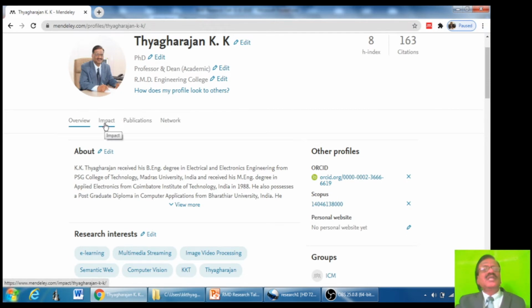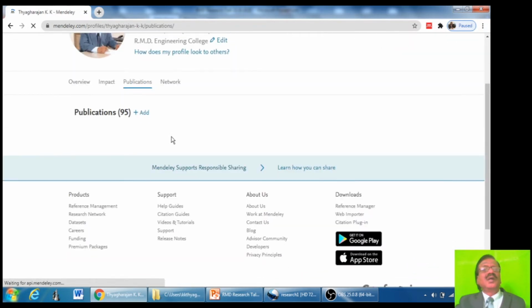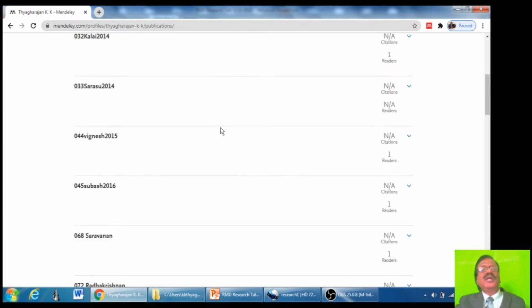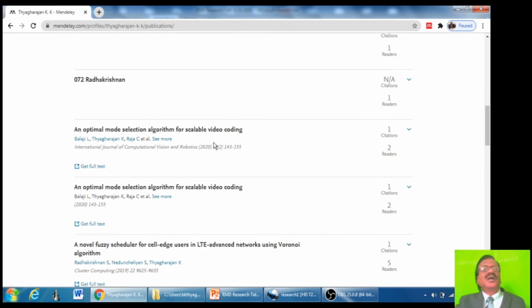The next one is publication. Under this title, you will be able to see all your publications. Actually, this will be linked to RSID also, so it will be taking all the publications loaded by you in RSID also.